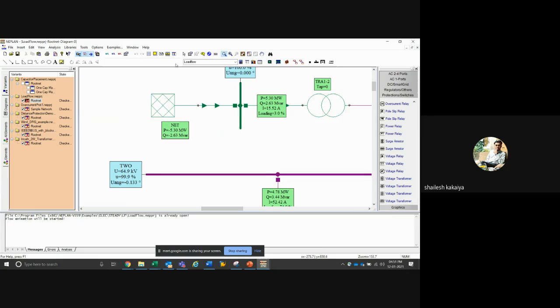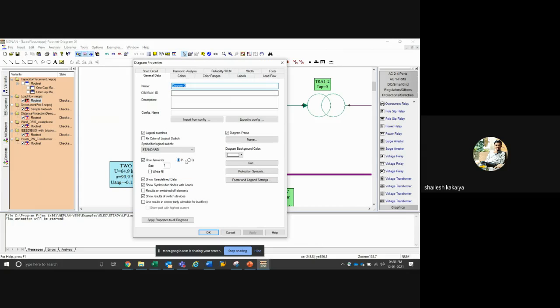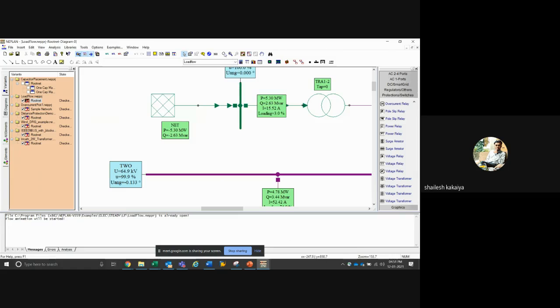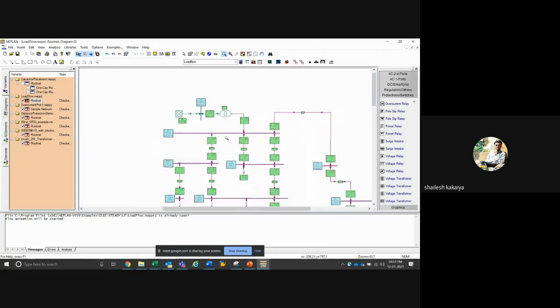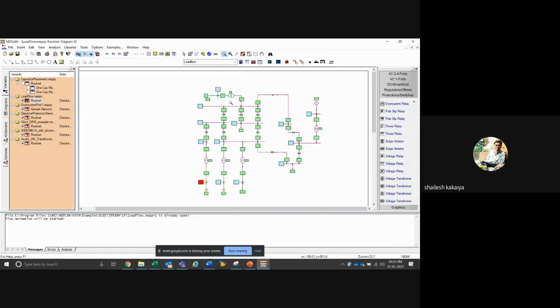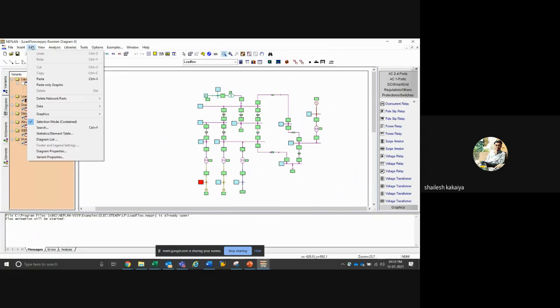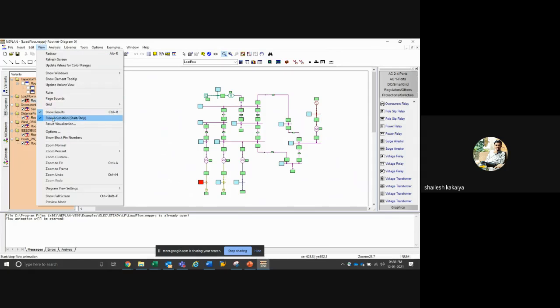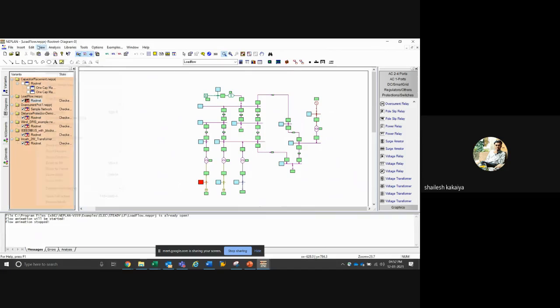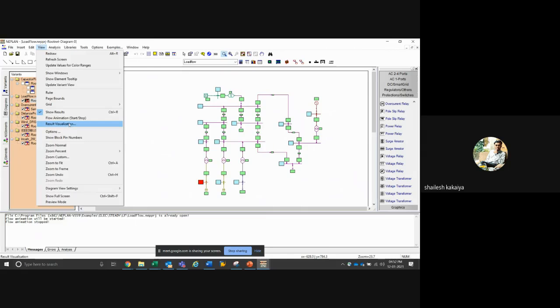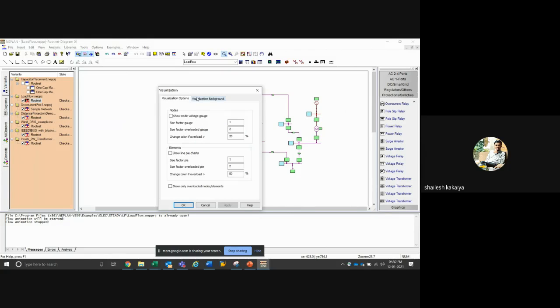So this will indicate clearly how the power flow in the network is happening. You can customize the arrows for P and Q separately, which will make things easier for students to grasp. And also, let me stop this flow animation. Animation is a very basic thing, that's not an issue. Then another powerful feature is that you can have a visualization of the network performance